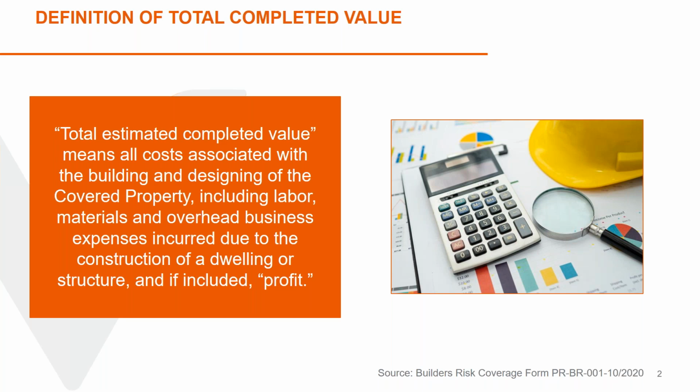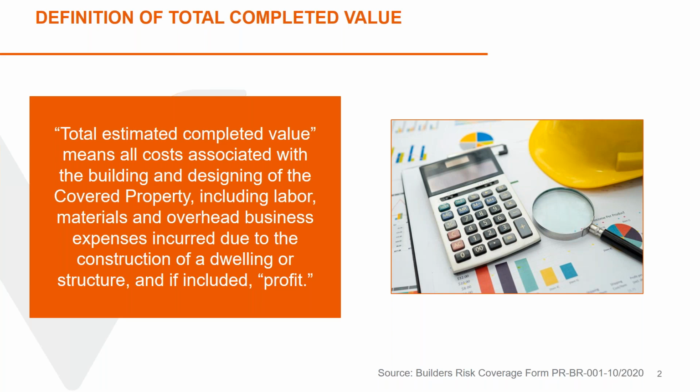And I go, that's everything. He goes, that's everything. That's labor, materials, overhead. That's even my profit in that 800,000. So I said, there you go. That's what we're going to write our policy for then. And that's how you tackle completed value builder's risk. Selling price minus land equals your completed value. So, if you want to get more detailed, you can break out the labor, materials, overhead, but it's all covered. It's all covered on the form, as long as you've written it in the beginning for that completed value. So hopefully everybody understands that. If you want to talk about this later, you'll have my contact information and we can go over it.